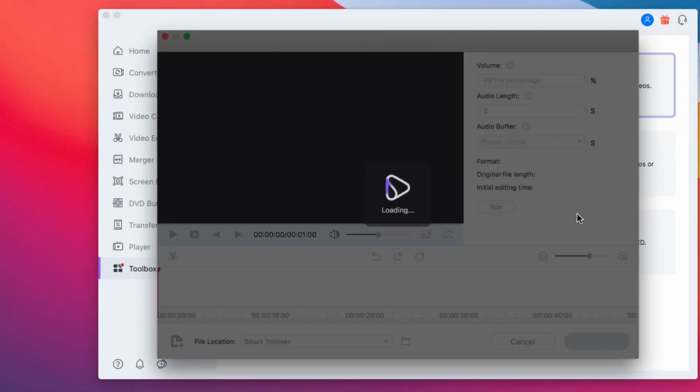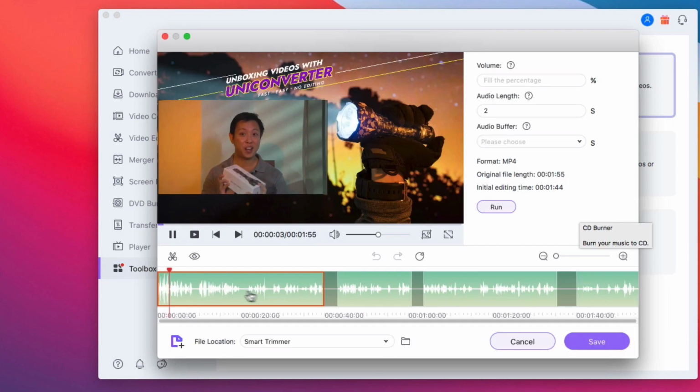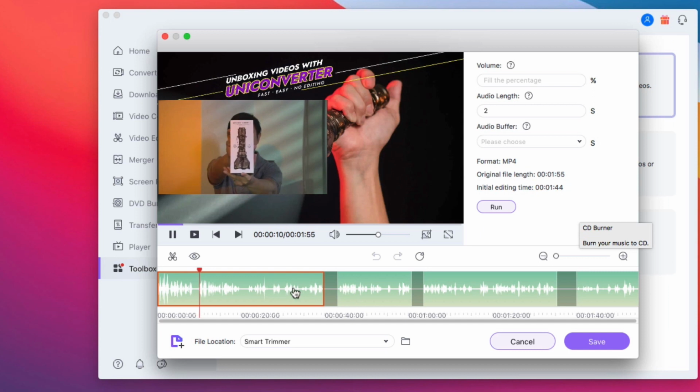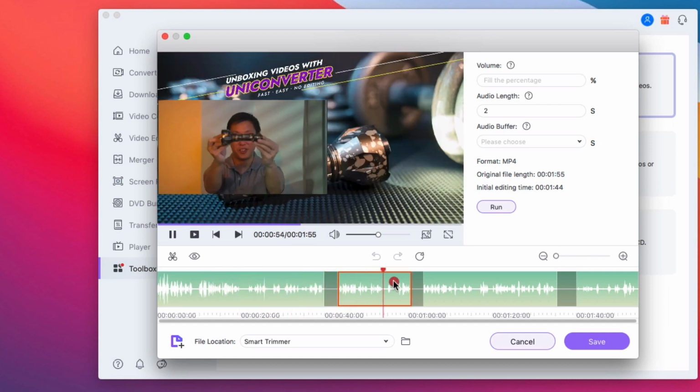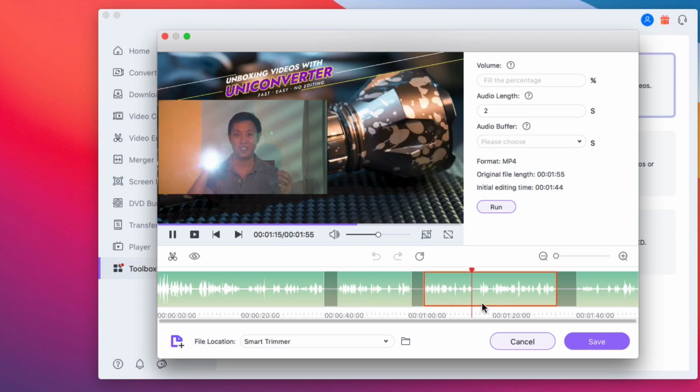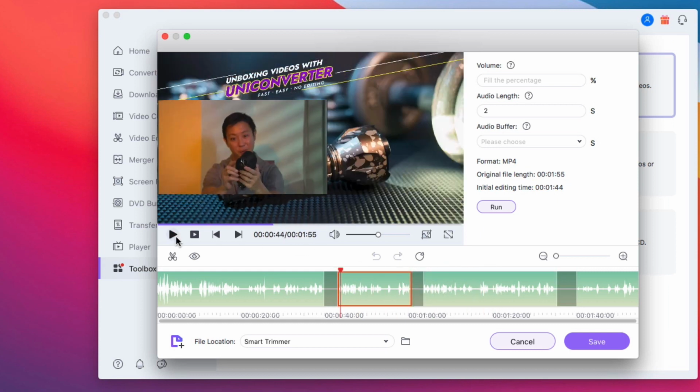The length of your video clip is represented as a timeline. Waveforms are graphics display of your audio. To review your video, drag the top of the orange playhead to scrub through and view any part of your video. Directly click on any part of the timeline to navigate faster. You can use the play button or use the spacebar as a play-pause shortcut.